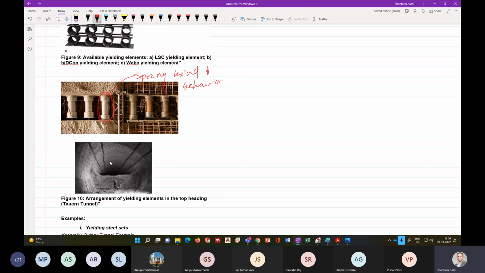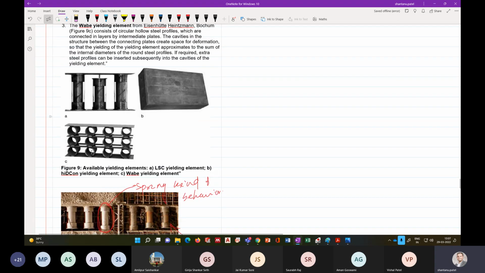Okay, so when this tunnel squeezes, it can take that deformation. So we have to put different rows of this thing. Okay, and we need some special design in this case. So what is the maximum deformation we are expecting? What is the capacity of each of these yielding elements here? Or maybe we need to put some spring kind of support around the